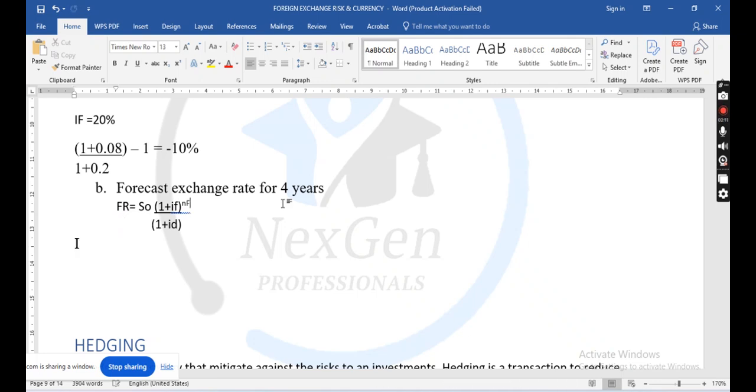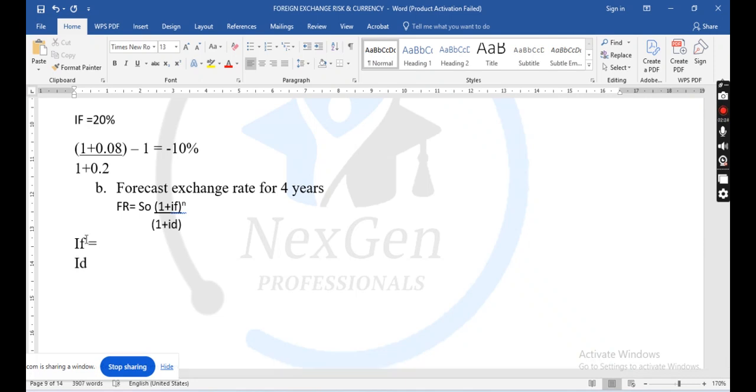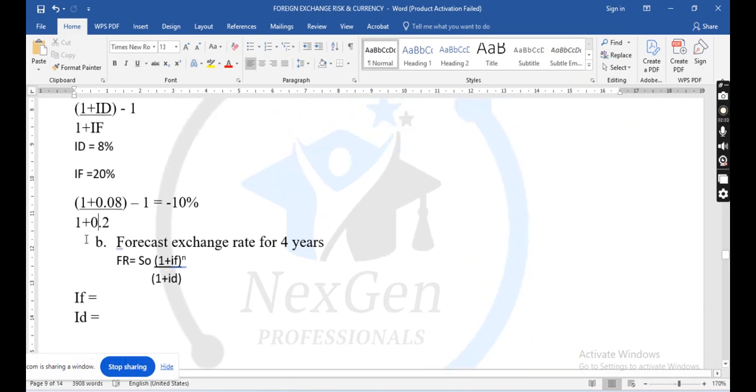So IF, which is the foreign inflation rate, then ID, which is domestic. What is the foreign inflation rate that we use? It is 20%. Then ID is 8%. The spot rate given to us,